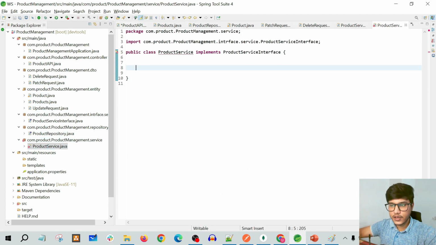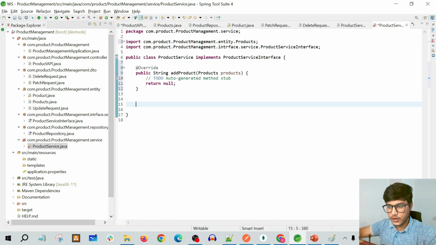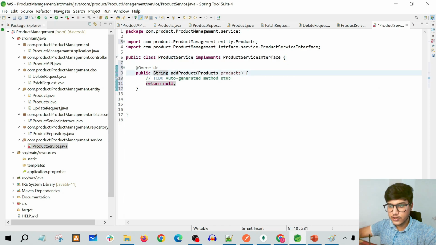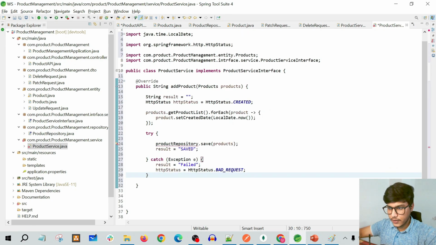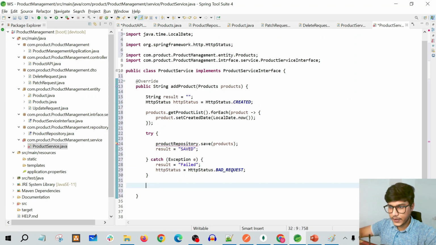So now this is giving us an error that we have to implement the unimplemented method. So let us do that. So it is showing the override. So we are overriding the method which is defined in the product service interface. So let us remove these to-do comments and let us paste that logic over here. And what we are going to return is,